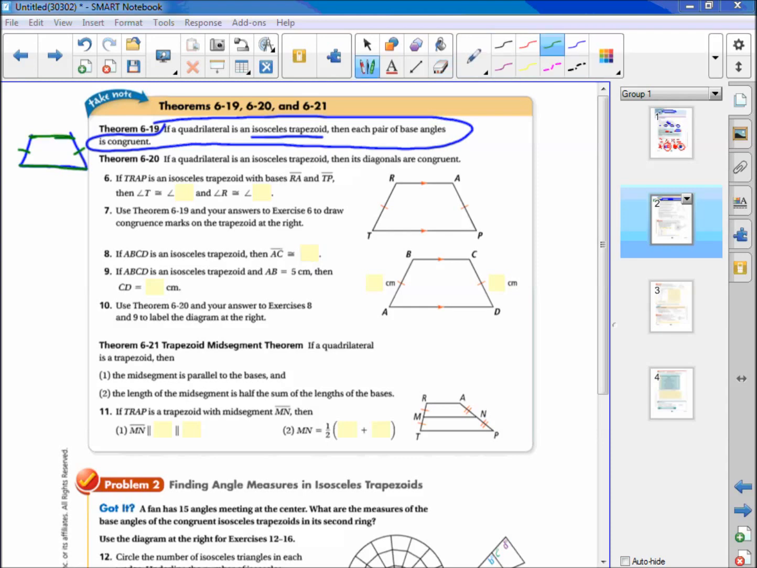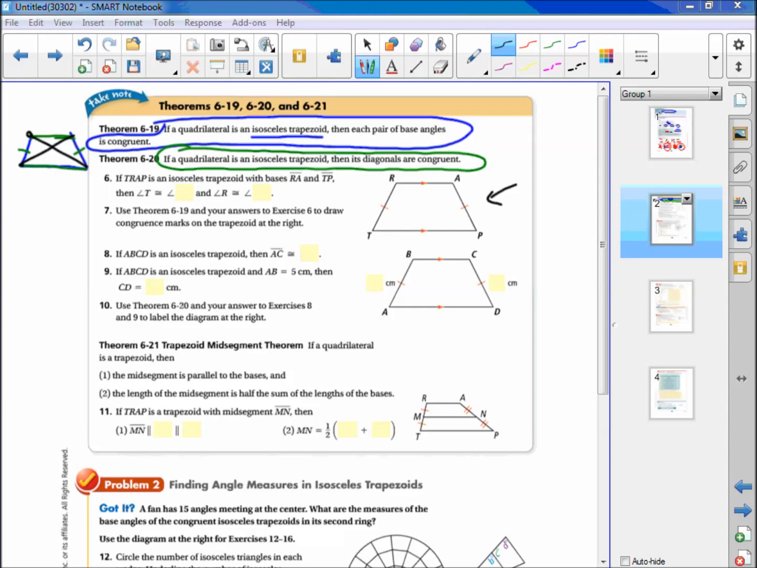All right. We have one more theorem here, 6-20. If a quadrilateral is an isosceles trapezoid, then the diagonals are congruent. So that means the diagonals that cut from here to here and here to here are going to be the same. So number 6 says, if TRAP is an isosceles trapezoid, this is a picture of it here, and